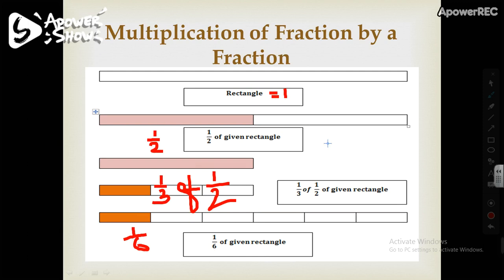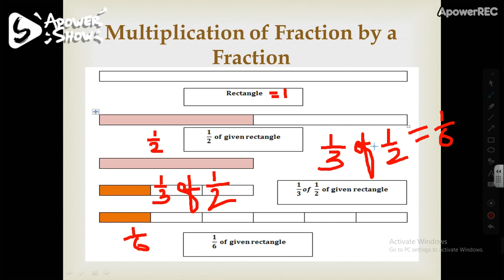So from there we get 1/3 of 1/2 is equal to 1/6. And if you just look at these two fractions, then this 1/6 can be obtained by multiplying the numerator